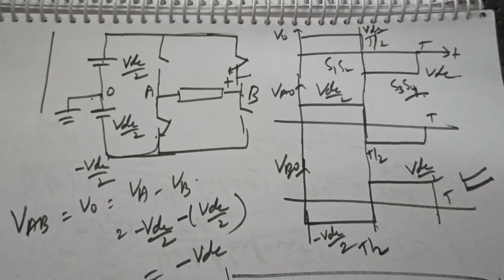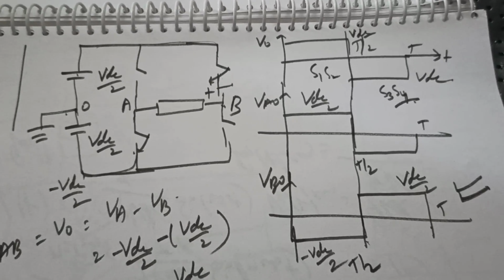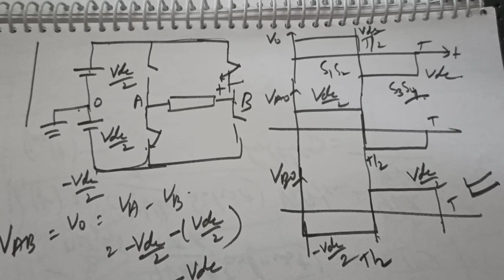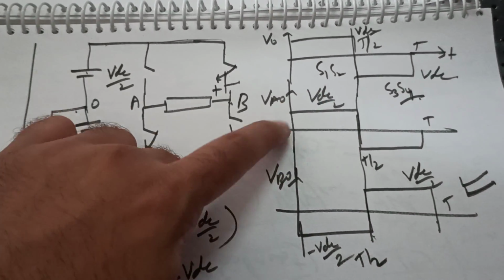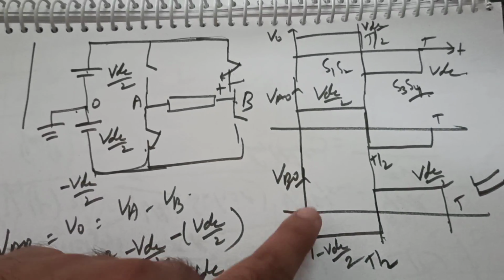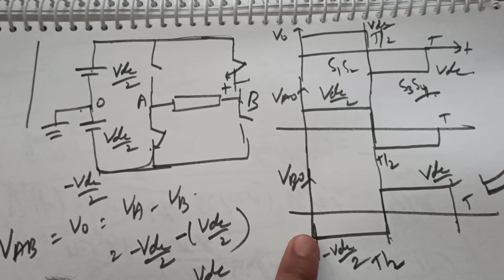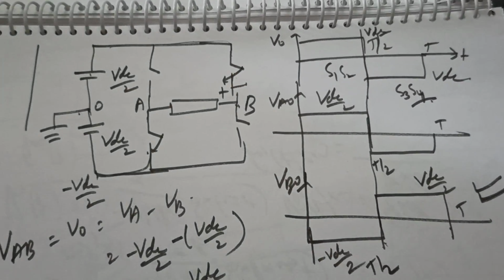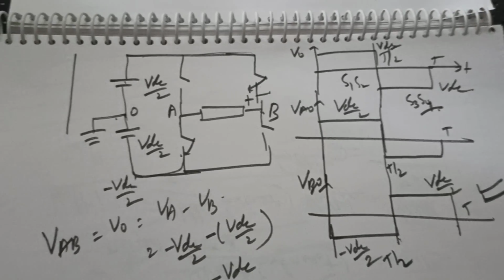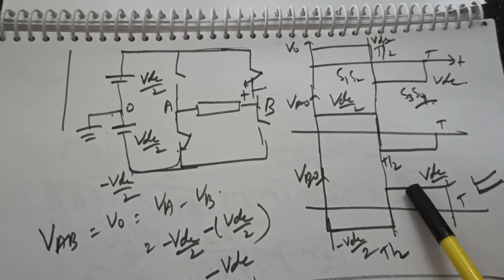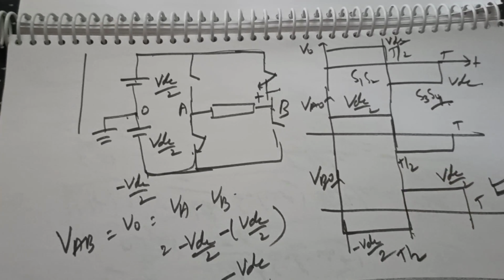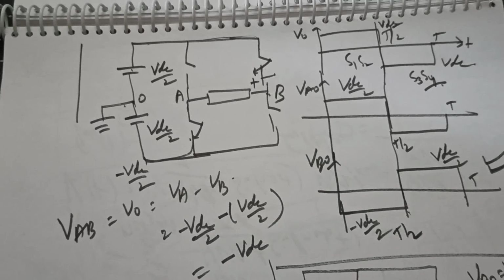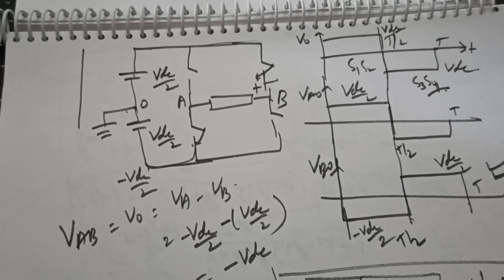Okay, so the analysis of pole voltages becomes very easy. The second part, which is very important, is that the pole voltage VA0 is 180 degrees out of phase with VB0. Clear? Or we can say that the voltage VB0 is 180 degrees out of phase with respect to VA0. Okay. Now the calculation of VAB.